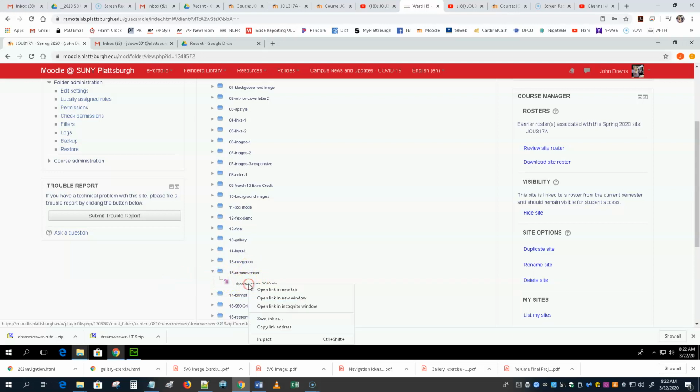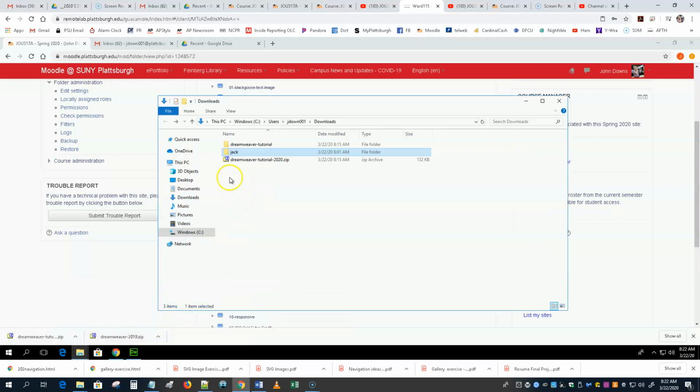You can do it with a save link as and put it where you want to, or you can just click on it and do a download. It's a zip folder, and it's going to end up someplace. For whatever reason, on this computer right now, I don't actually have a T drive, a thaw space. I'm working in the download area. So you see I downloaded this file here, and when I go and look at it in the download area, I actually made a folder called Jack, and I